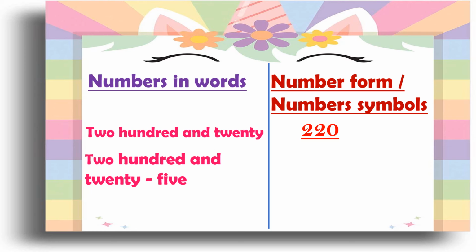Next example is 225. When you write 225, students, in number symbols, you should write 2, 2, and 5. When you read these number symbols and number words as